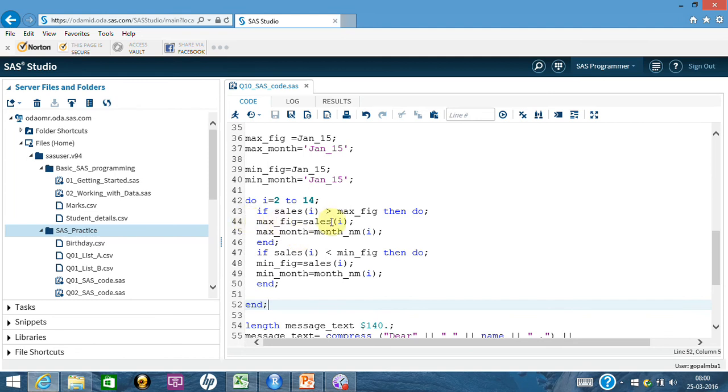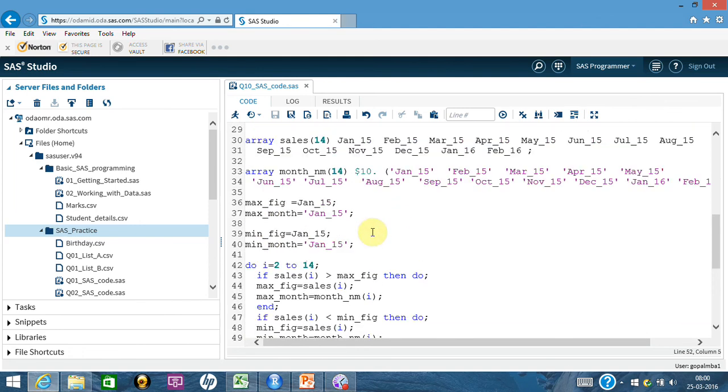So max fig will take the value of sales I, which in the first go will be the Feb 15 figure, and max month will take the value of month NMI, and month NMI already contains this list. So it will take February 15.